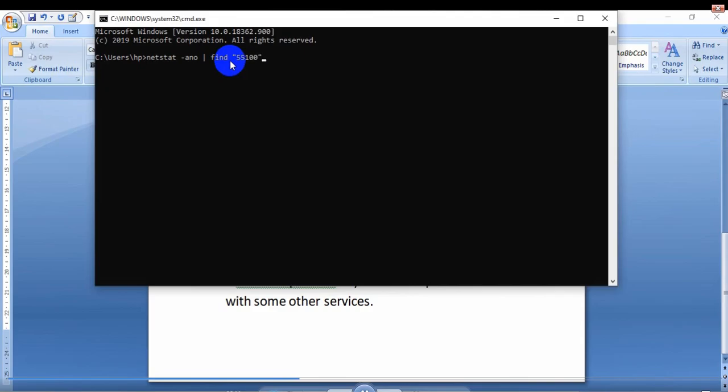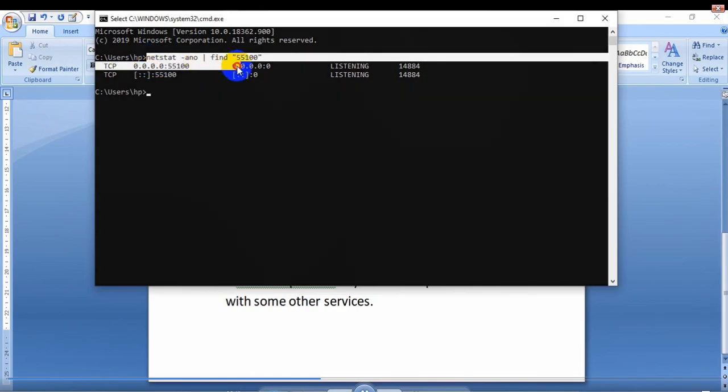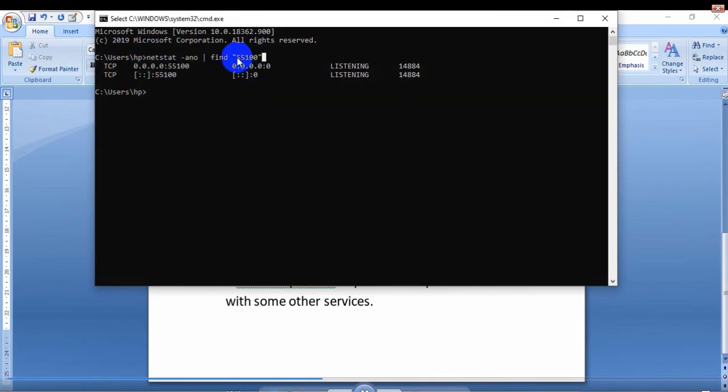Press enter. See, something 14884 is written. This is some service, but we don't know what service it is, but it is running for sure. I did not do this checking earlier, as when I double clicked on the shortcut of the DSC signer service it was running, so why should I check what is going on the ports in that case? But just for example, we came here. The same netstat command I can copy and paste again, but change the port number to 55101. Not running it to save time. Assume this service number 14884 we have to kill or close so that our port can get free.